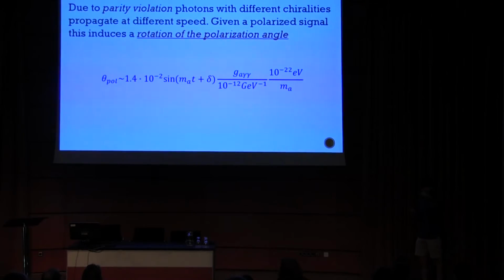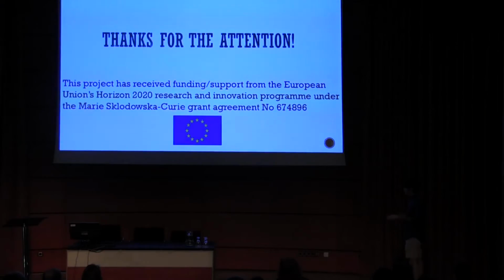So you have this photon traveling through this medium that is oscillating, and you can look for this pattern in the data. We looked at the data, and the bounds that I will show are real, and are actually the strongest ones in some interesting mass ranges for fuzzy dark matter.